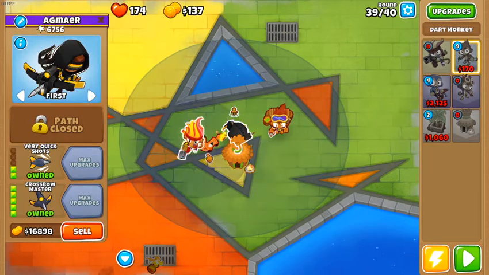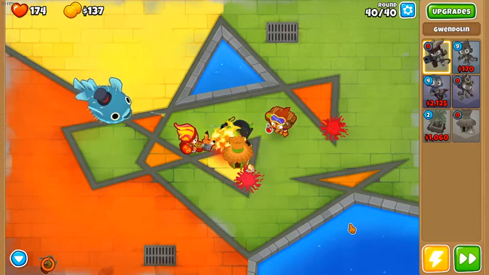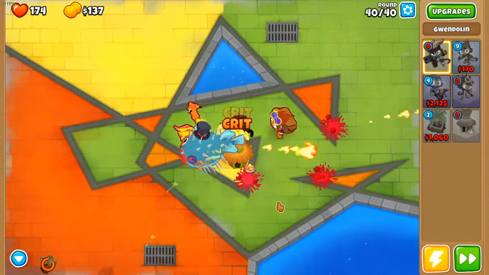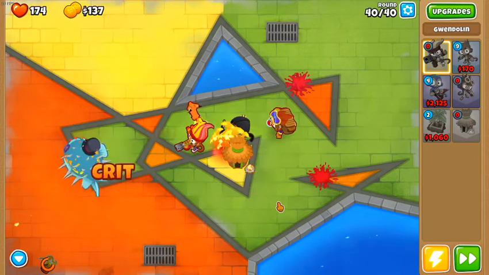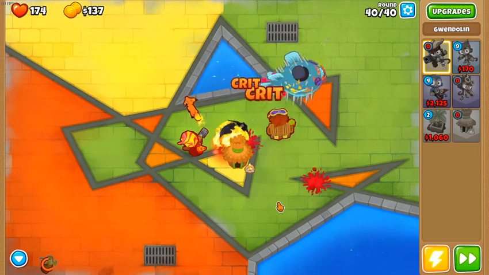Oh, that's a very good idea. Alright, and now we'll just see if this does it. Slot down, throw down the flames, and see how we go. I think we'll do alright. We might even beat it. But this is essentially what I had planned,